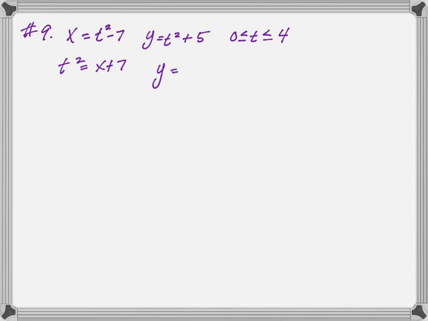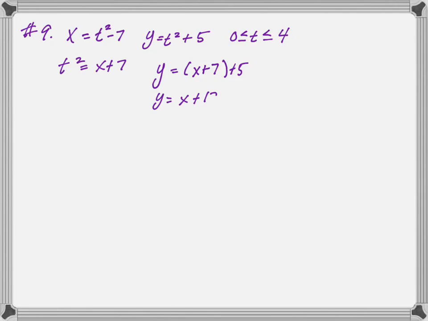The parametric equations are x equals t squared minus 7, and y equals t squared plus 5, with 0 less than or equal to t less than or equal to 4. So we'll just solve x for t squared. So t squared equals x plus 7. Then putting t squared into this equation, I got y equals x plus 7 plus 5, or y equals